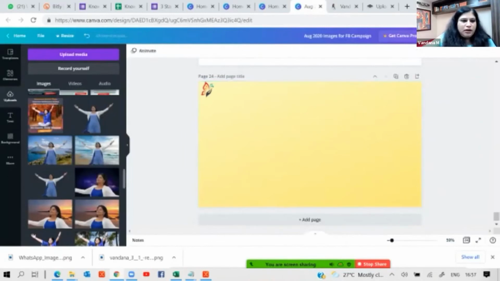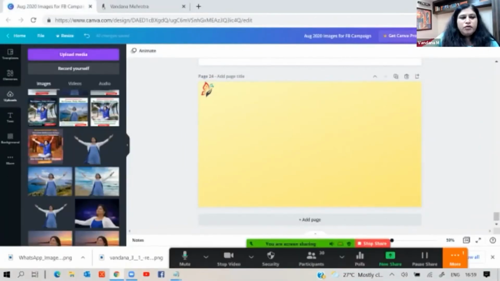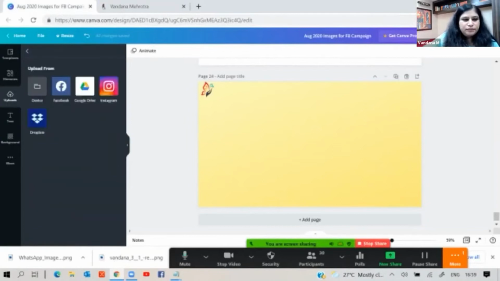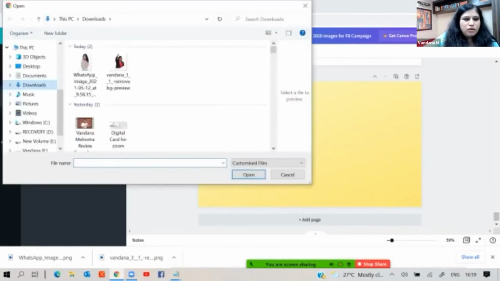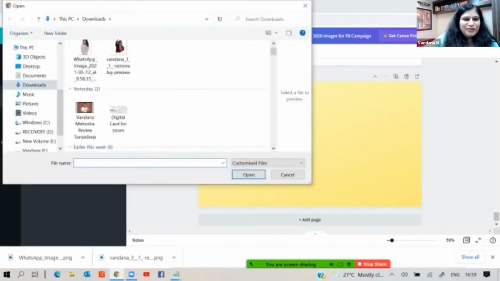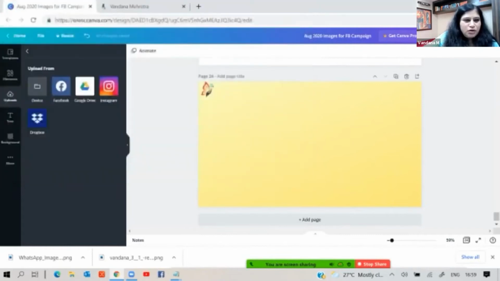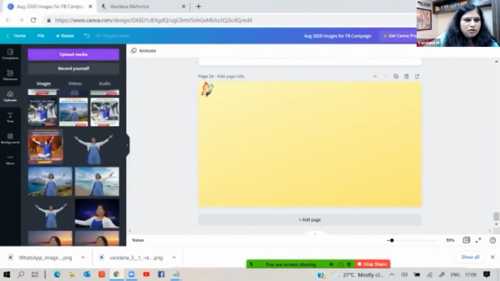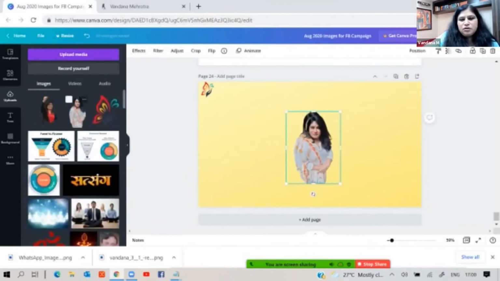Right. And now we will have to upload that. So now we are going to upload the media. I think I already uploaded those two. The blurred one I didn't download. The other one I didn't download, I think. The third one I didn't download. Anyways, we have these two. Let me see if I've already uploaded them. I got them, right? So now I'd like to take this picture.